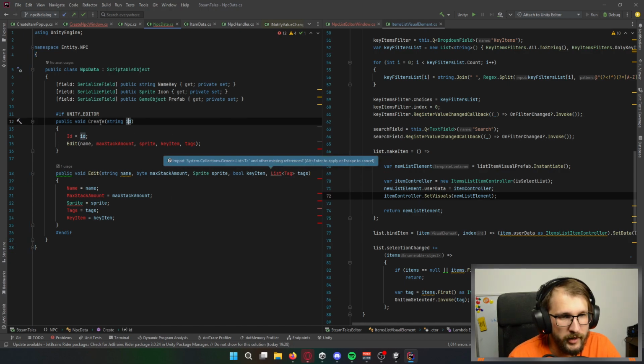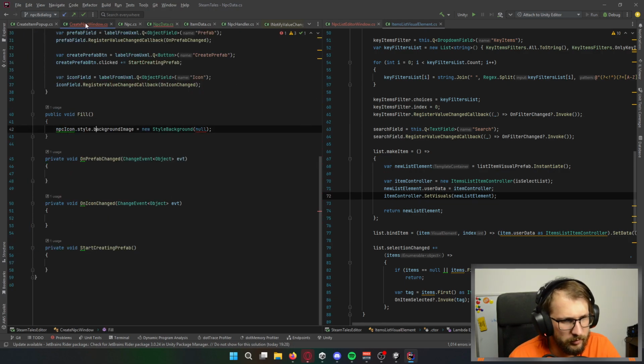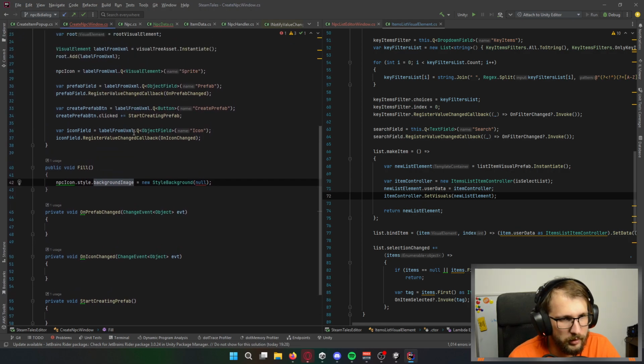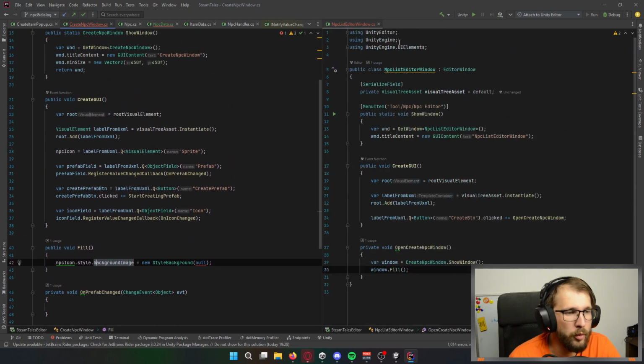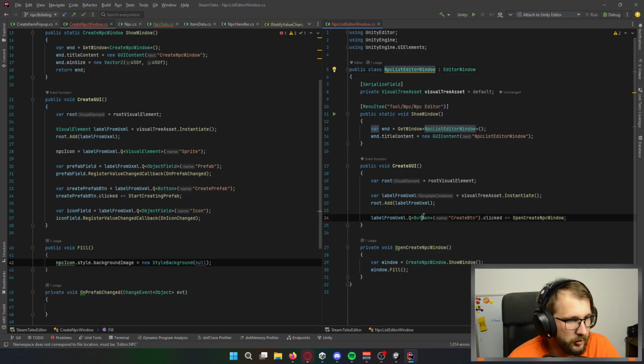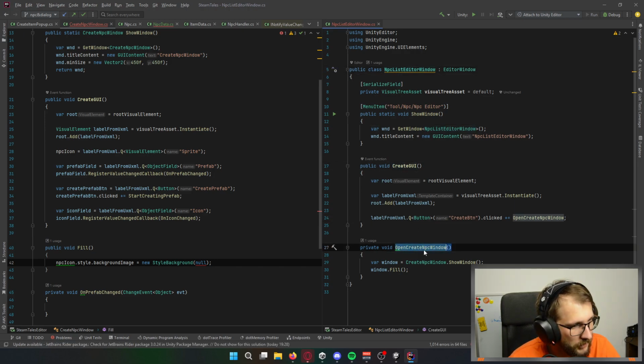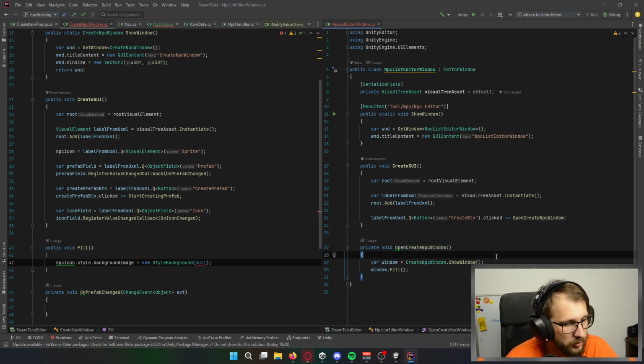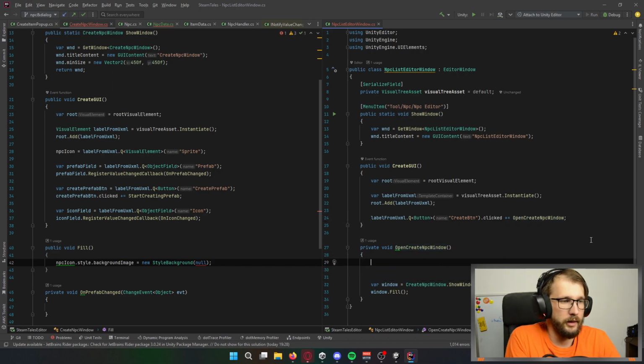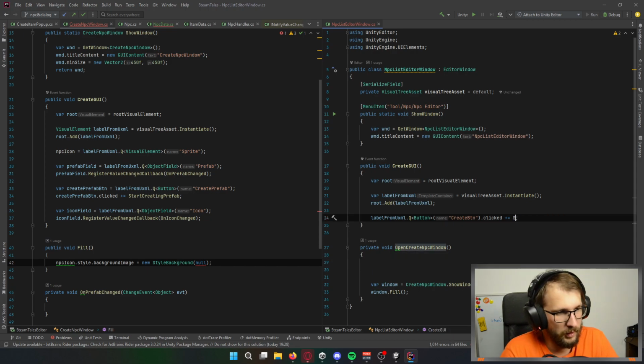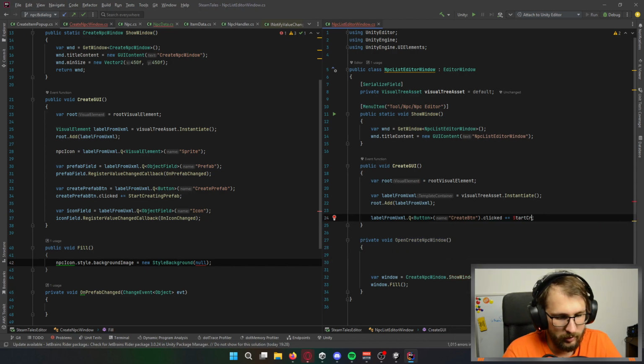So with create, I will leave it for now. Let's not bother, let's go with the flow. So I'm pressing the button here. First things first, when I open a window, start creating NPC.